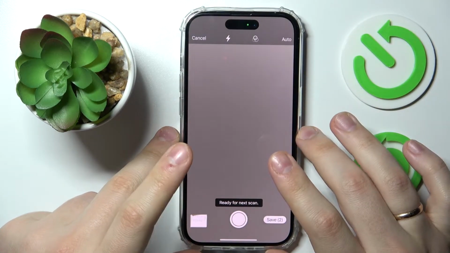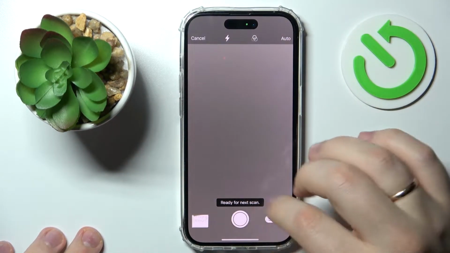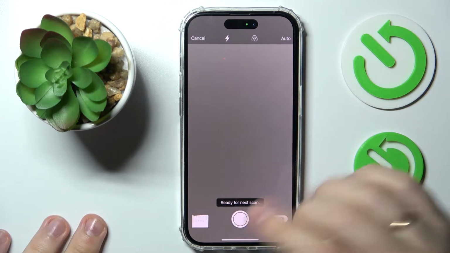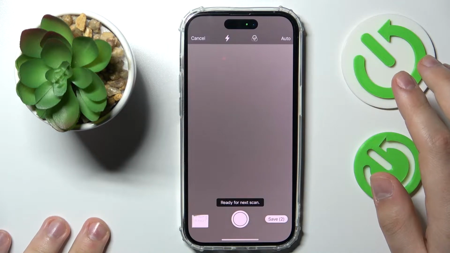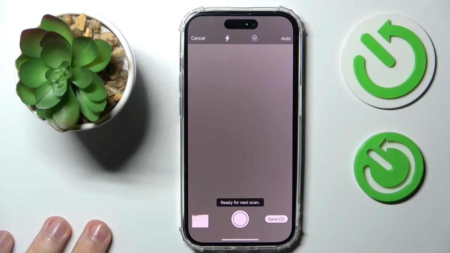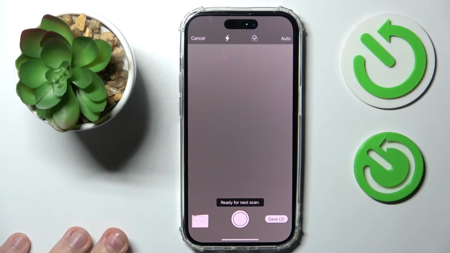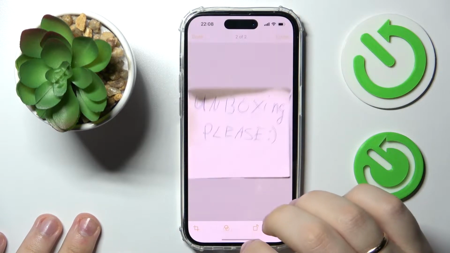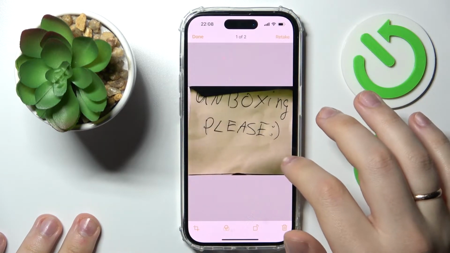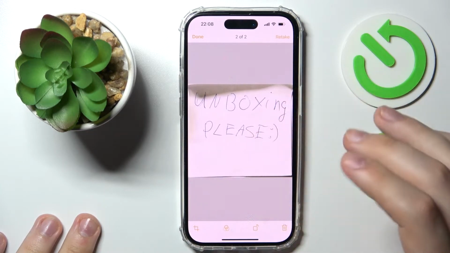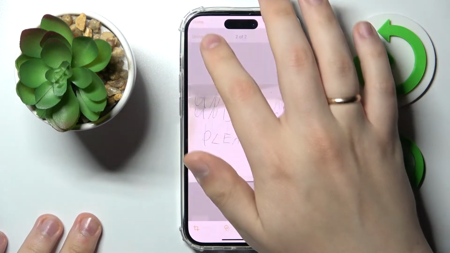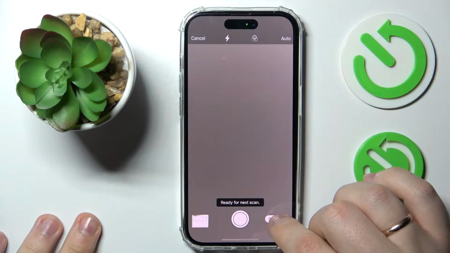From here, you can also scan manually if you tap on the shutter button, obviously, but the algorithms of iOS work really well, so usually it gets scanned automatically way better than you could do it manually. So from here, choose what picture you would like to use. Let's say I'll go with the second option since the exposure on it is way better. I'll tap on done right here, save,